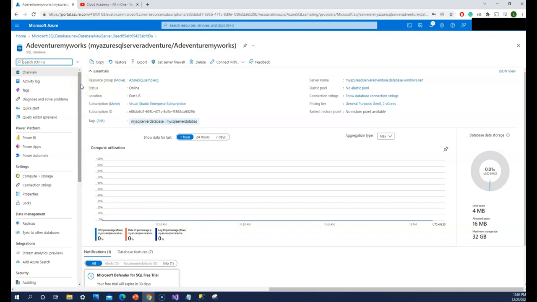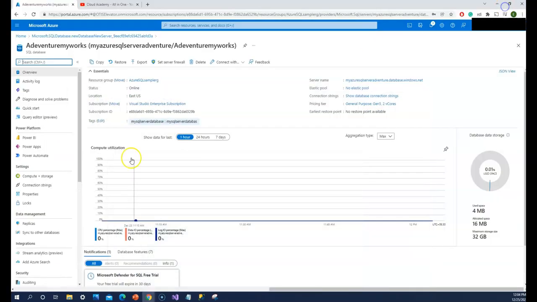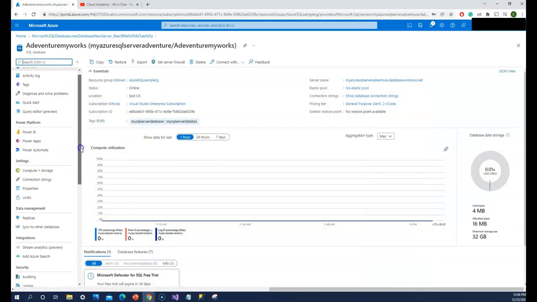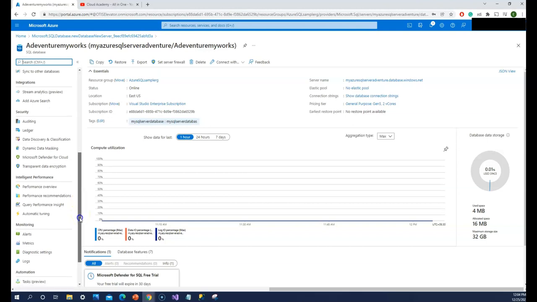In my next videos, I'm going to show you how to deploy Adventure Works from my SQL Server to Azure SQL, and also a few important features for the Azure Administrator, Azure DevOps, and even the Architect. These are a few new and old features as well, but they are very beautiful features. I'm going to demonstrate them in my third video.